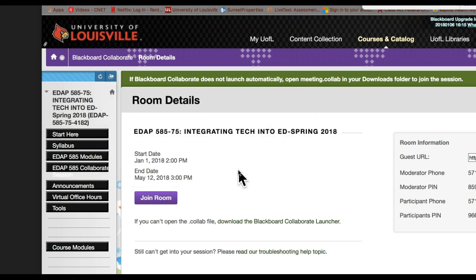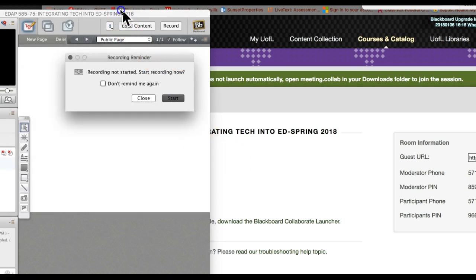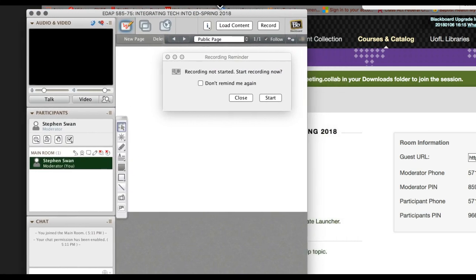And I give it a second or two. The first time you do it, it will ask you what kind of connection you have. Most of you will probably be sitting on cable DSL, so just select that. If you're at the university on a university machine, we would be using the network LAN.